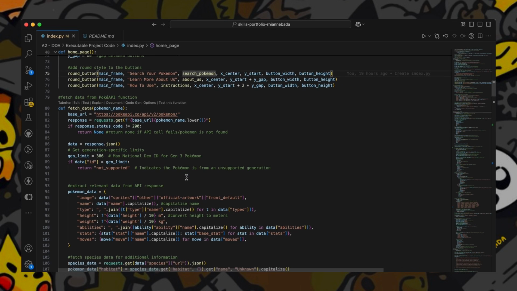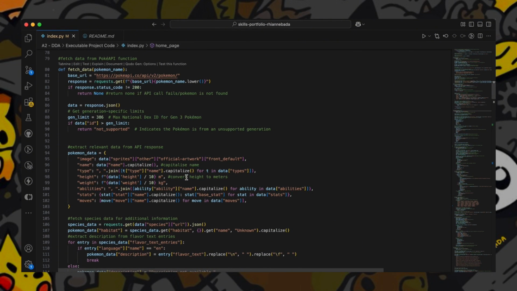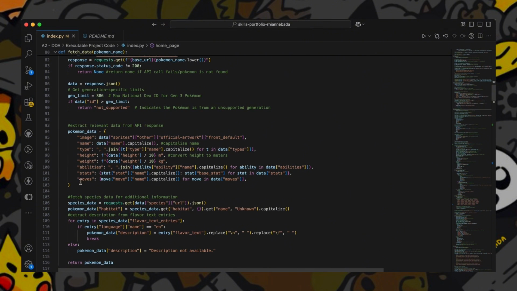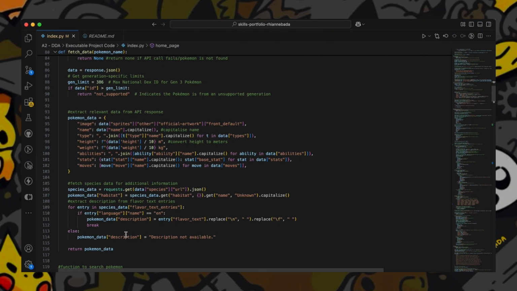Next, to fetch information about a Pokemon, we have the fetch data function. This function makes an HTTP GET request to the API using the requests get method. We pass the Pokemon name to the API and check if the response is successful, and if successful, we extract the relevant data like the Pokemon's name, type, height, weight, abilities, moves, and such. We also fetch additional information like the habitat and description from the Pokemon species